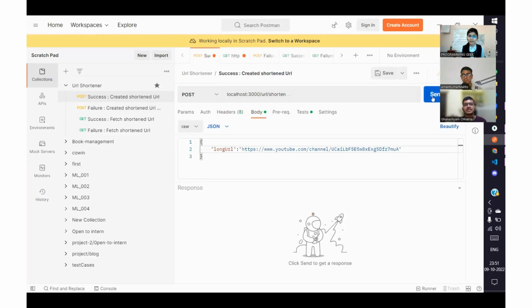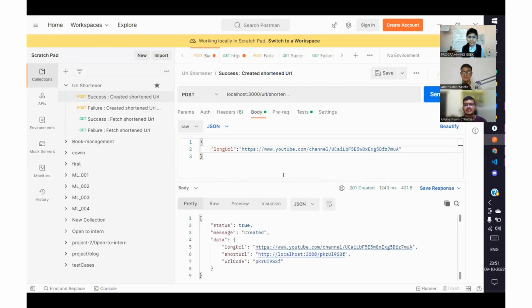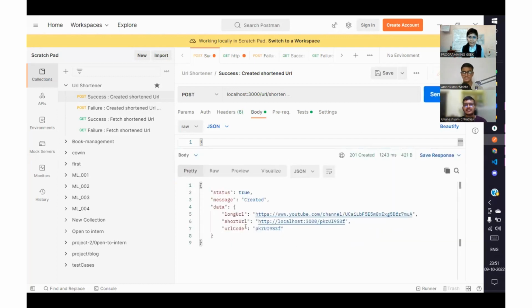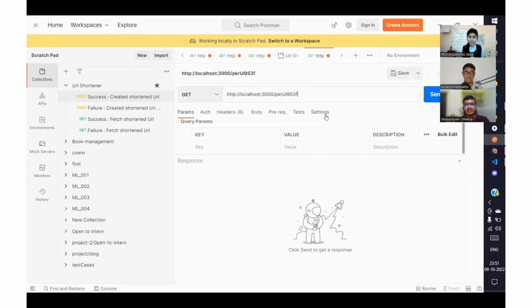If I pass a long URL, then I hit the API. It will convert this long URL into a short URL. This is a short URL. Then for the get API, if I hit the get API,